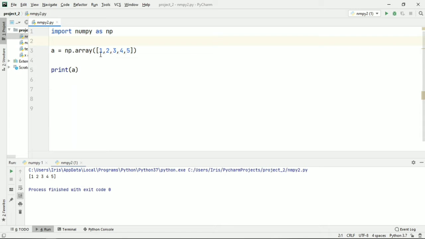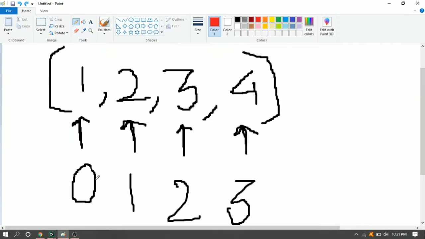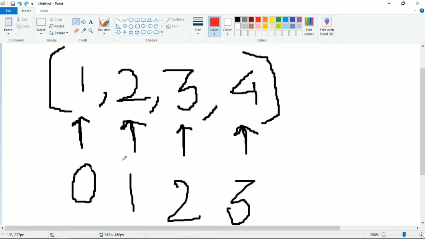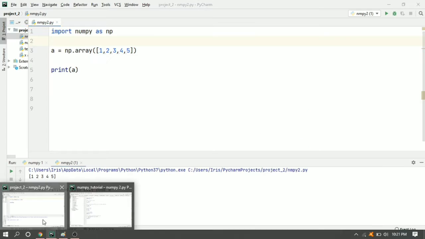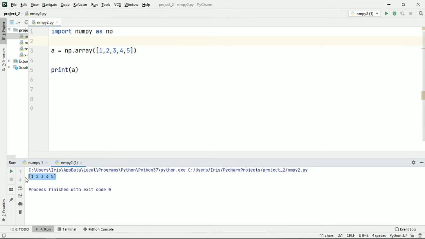So if we want to learn indexing, we need to know how indexing takes place in arrays. I just got an image to show you. Indexing in arrays works as such: your first number gets indexed to a value of 0, then your second number gets indexed to a value of 1, and your third number 2, and so on. So basically your indexing goes up to n minus 1. That is your basic approach to indexing. Okay, so that's n minus 1. That was simple, and I've got my array printed.